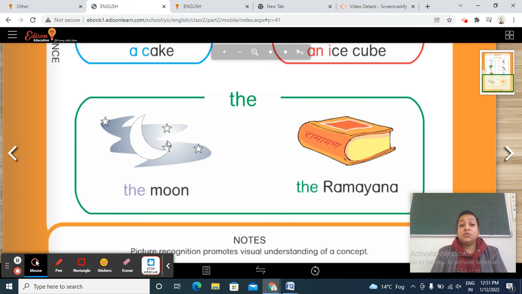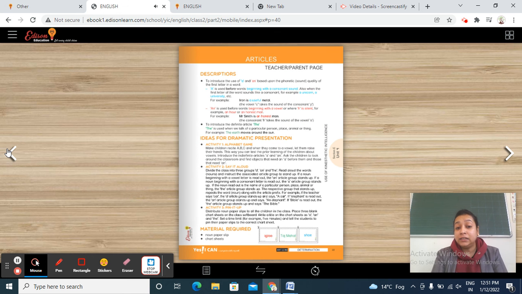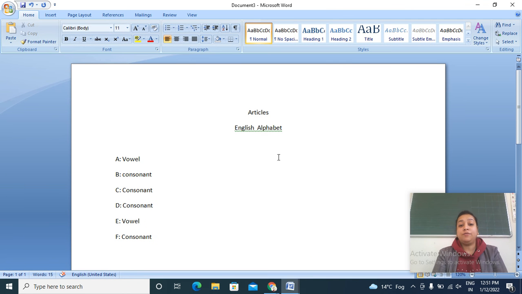Getting this point? So you're going to read page number 41 and you're going to write the definition of article A and the in your notebook. So this is your work. So now please take out your diaries, everyone. So, before writing your diaries, after writing all the definitions, you have to do this activity in your notebook.